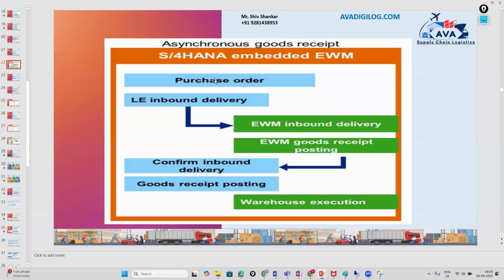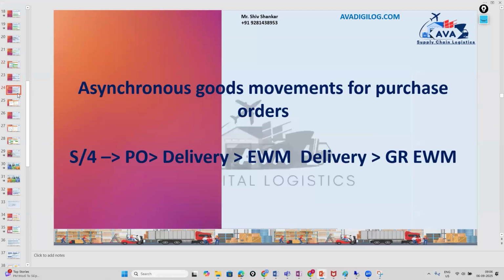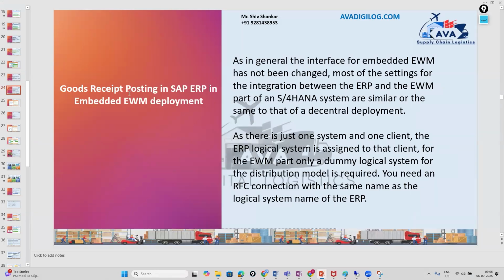Asynchronous goods receipt is where we have LE purchase delivery, LE delivery, EWM inbound delivery, goods receipt, and confirm inbound delivery, goods receipt posting happen. This scenario is called asynchronous goods receipt. Now, our topic for today is synchronous goods receipt. The synchronous goods receipt means,